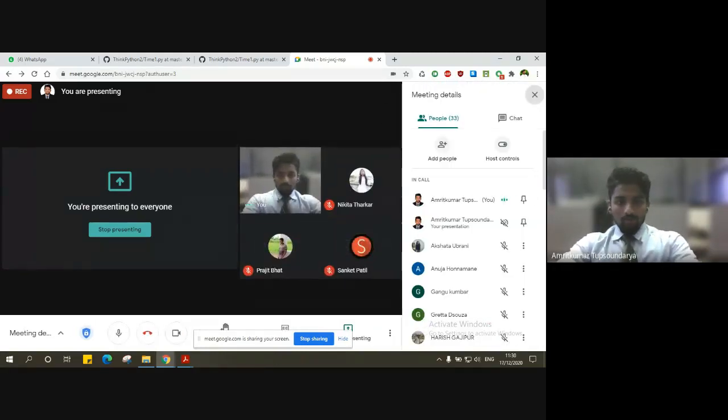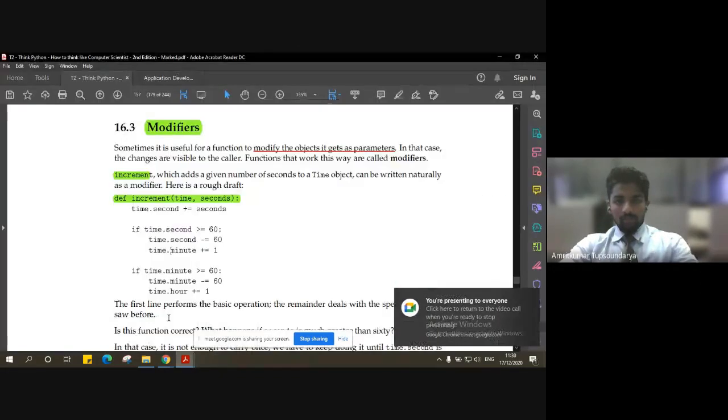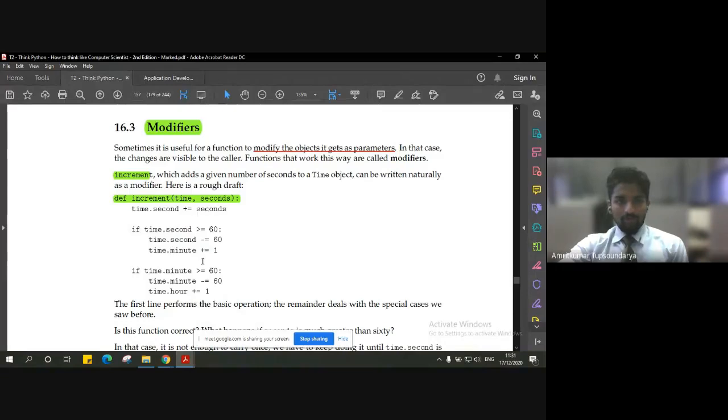Okay. So one such example can be leap year also, right? We can have a modifier for a leap year. That can be another example, and you can think of a few more examples as such. But the point is, wherever possible, it is always suggested to have a pure function instead of a modifier. But like I said, modifiers have their own distinct advantages. So in that case, it is suggested to make use of a modifier as well.